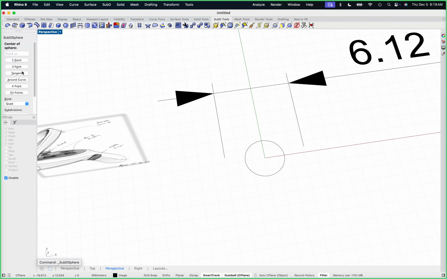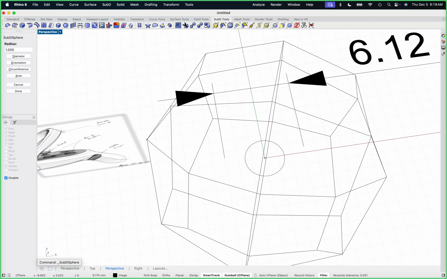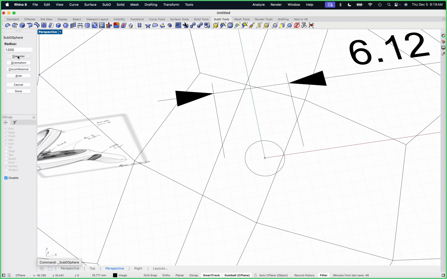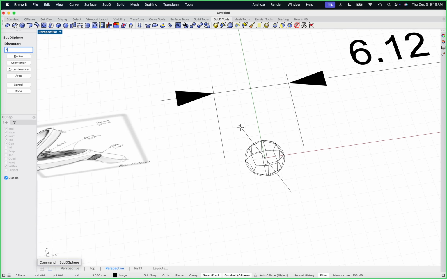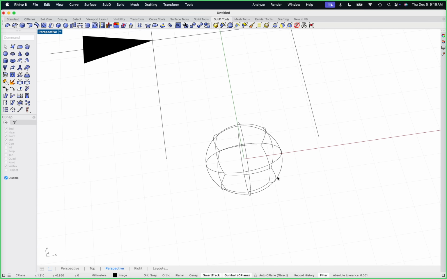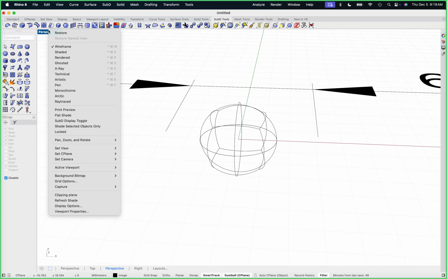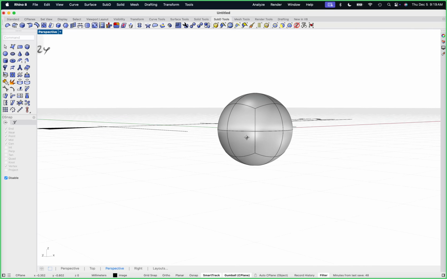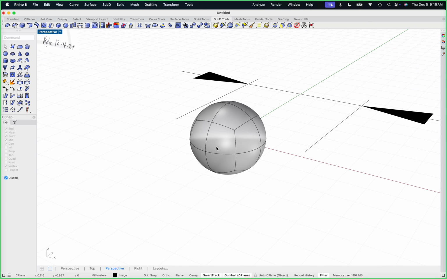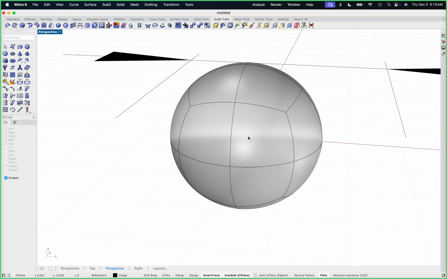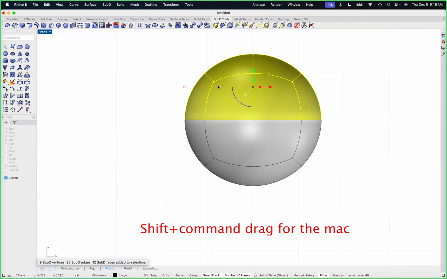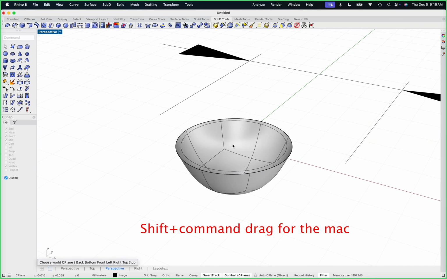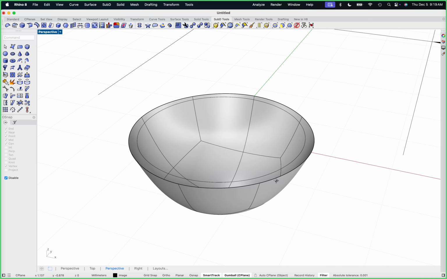So let's do this with 0, and we want this to be a diameter, and the diameter is going to be 3. That feels better. So let's lock that down, and we've now got a quad ball with nice topology that we can work with. Now we just get rid of the top of it. So I'm going to shift control drag and delete all that stuff. You can see my shape changes a little bit, but that's okay,